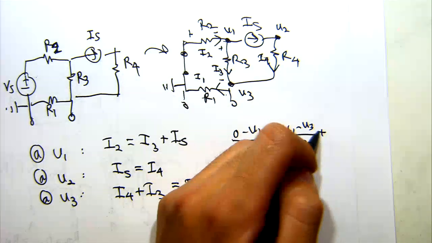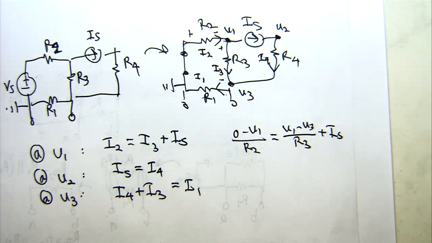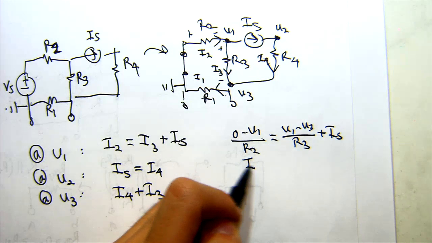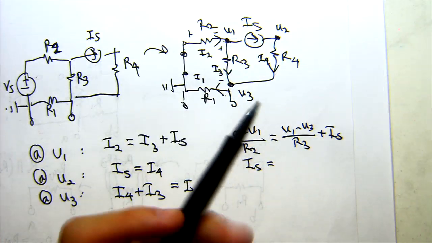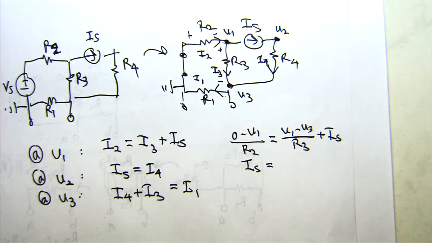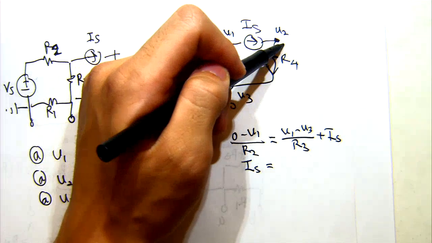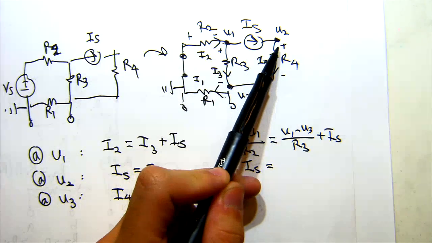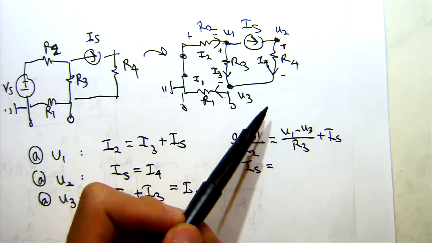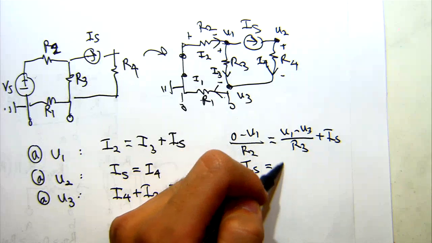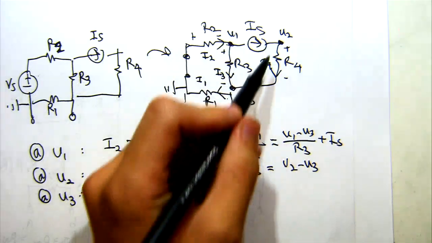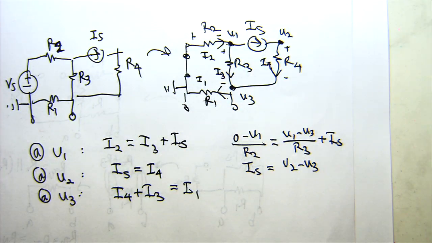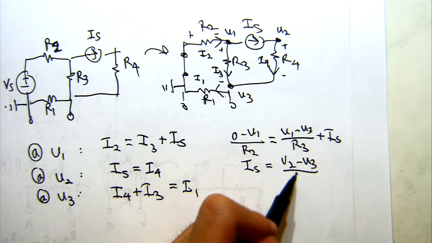And then lastly, I have this known source value, IS. I can't really do anything with that, but usually these will be given to us, so I can leave that as is. For the next equation, again, I have IS, some known value, and then I can write an expression for the current through I4 by taking the node voltages again. If I label according to passive sign convention, I have U2 as where the current starts and U3 as where the current goes to. So I can take that difference, U2 minus U3. This is exactly just a branch voltage over R4. Dividing by R4, I'll get the current.